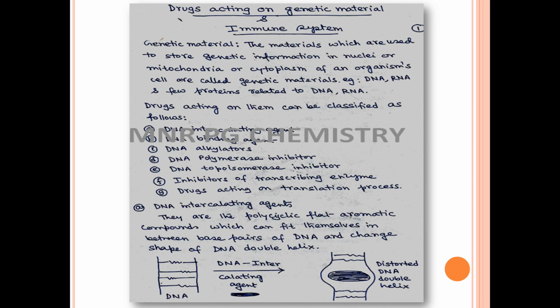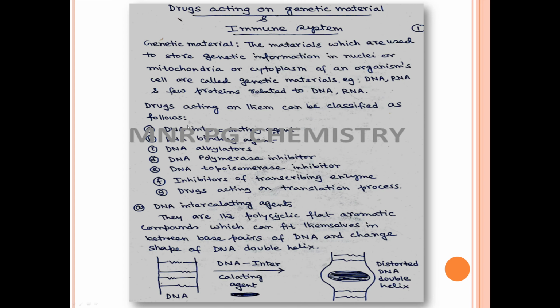So the materials which are used to store the genetic information in our cell are called the genetic materials, for example deoxyribonucleic acid and ribonucleic acid, and a few proteins related to DNA and RNA are called the genetic materials. Now the drugs acting on DNA, RNA, and associated enzymes can be categorized in the